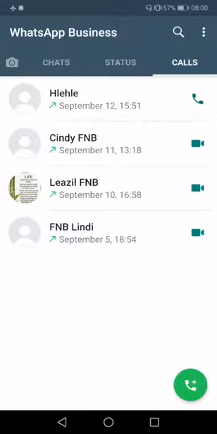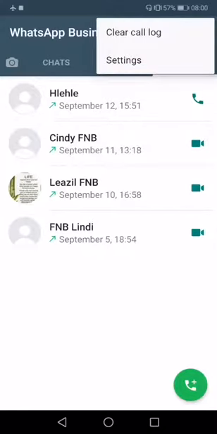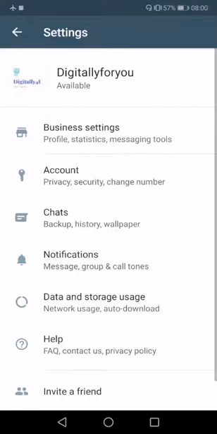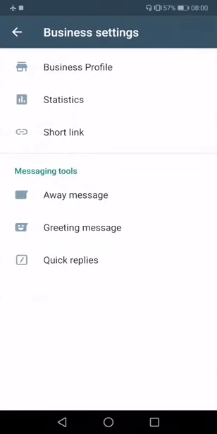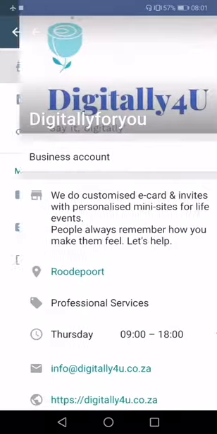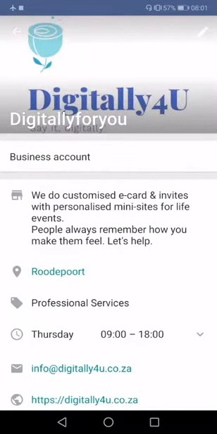So what is absolutely cool and crucial, and that's not on the normal WhatsApp, is that the three dots are the menu. So if you click on the three dots, you can access the settings of your business profile on WhatsApp. So as you can clearly see, it says business settings. You can't have this profile on the normal WhatsApp. Your normal one says Zanele, and people don't want to talk to Zanele. If you're running a business, then it should be a business name. Then you can set up the business profile. You can have your logo up there.